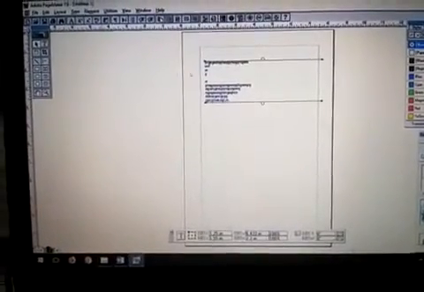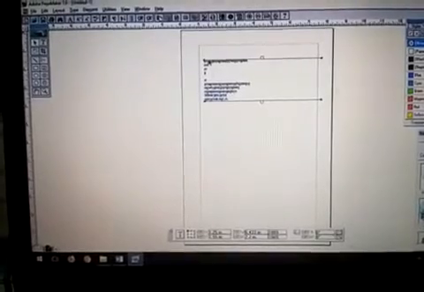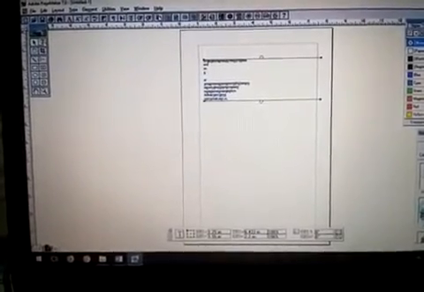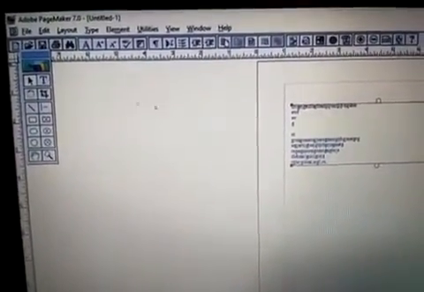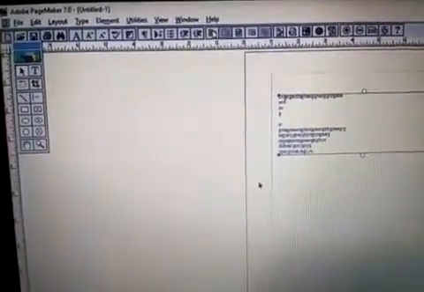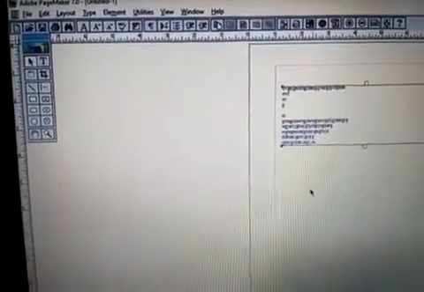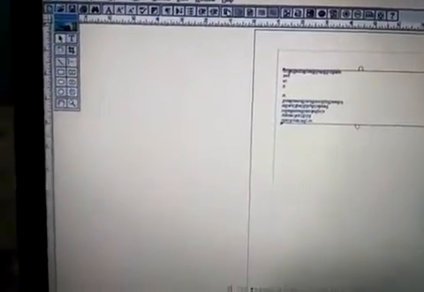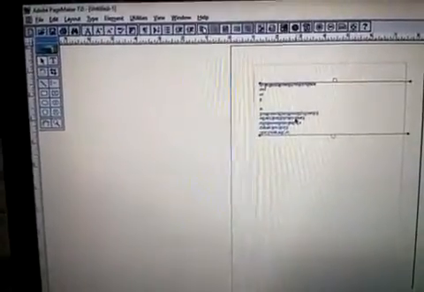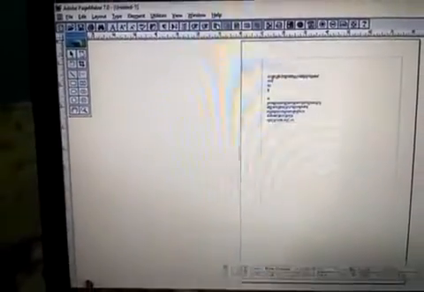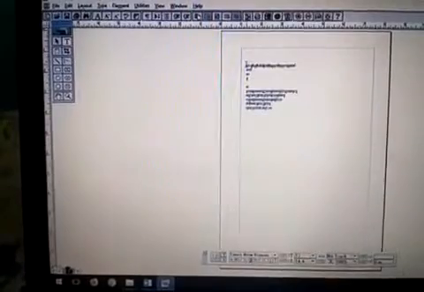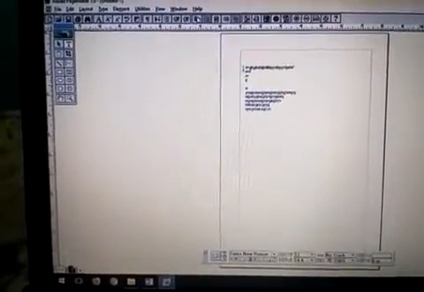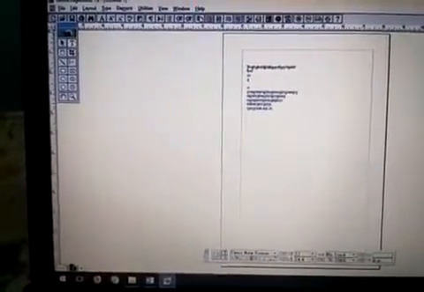And how to copy or move the text: you select the text with the help of the text tool. If you want to select the text now, we click the text tool, then click the content. First we change the font size. Yesterday we had seen how to change the font size. Then you select the text by placing the cursor and selecting the entire line. Now we use the shift key.